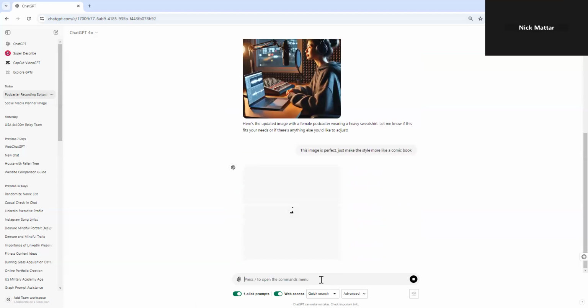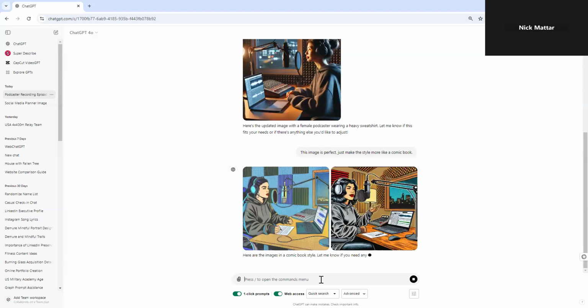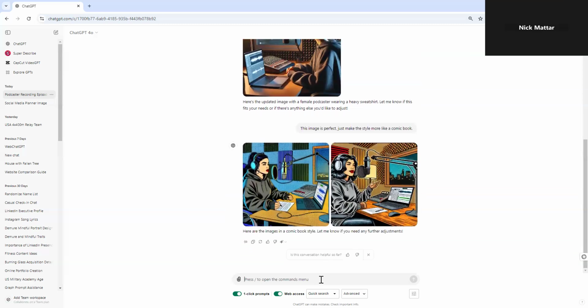You will get probably a lot of changes that come with it. It's not just going to be as simple as the same woman looking into the distance with a light in the corner and a computer and a sound mixer. It's going to probably dynamically change. See, now it's different. It is a different woman. She still has the heavy sweatshirt on, but she's doing two different things. I do like the comic book style, and I have actually adopted that for a lot of the images